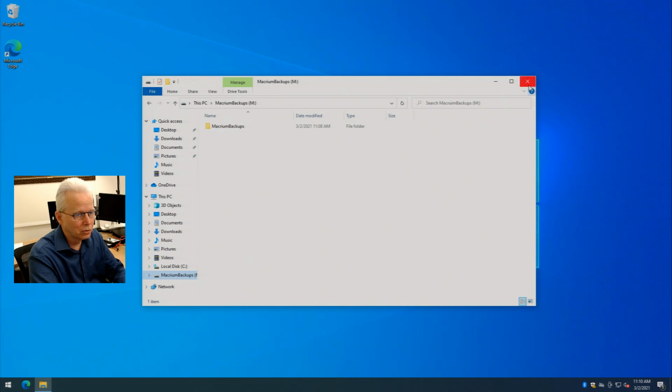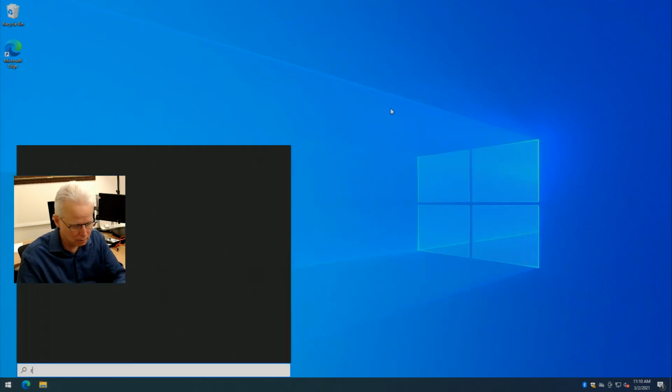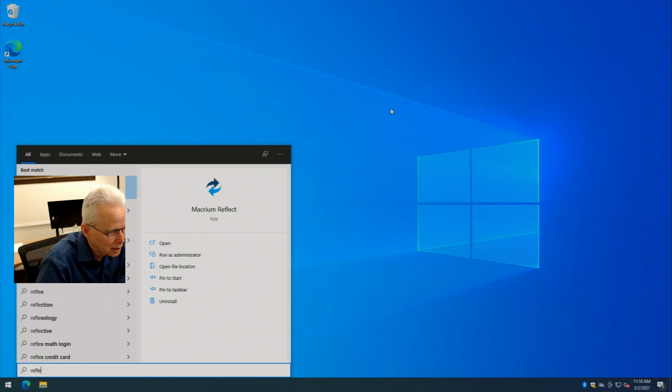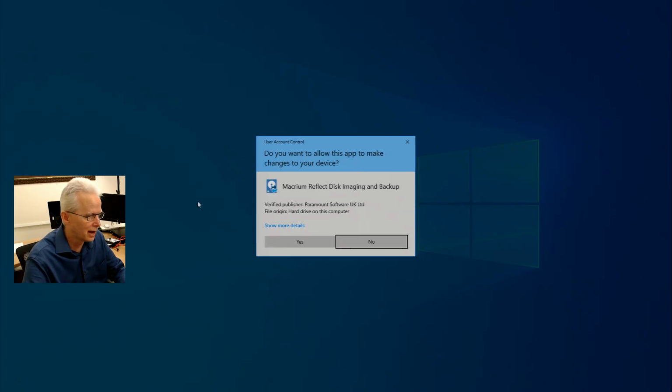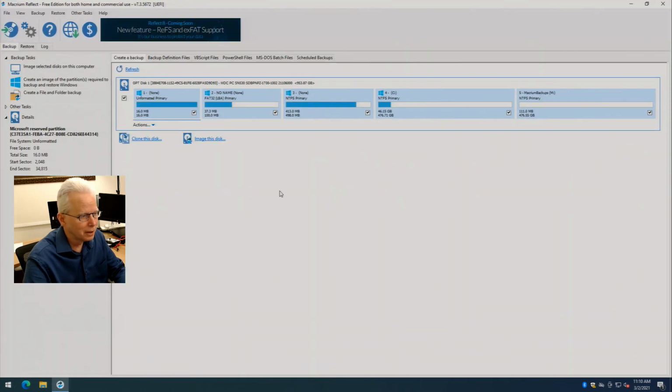Now let's go do a backup. So I'll press the Windows key and then type reflect, because remember I told it not to put an icon on the desktop. So by typing the first part of the word reflect, it has shown me Macrium Reflect in the search results. Single left click on that, answer yes to the user account control,